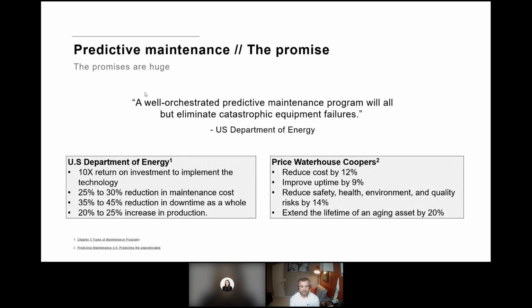If you're able to do that, typically you can look for up to a 10x return on investment. You can reduce your maintenance costs by 25-30%, and a reduction in downtime as a whole of 35-45%, and then an overall increase in production, powering your uptime by reducing the downtime.